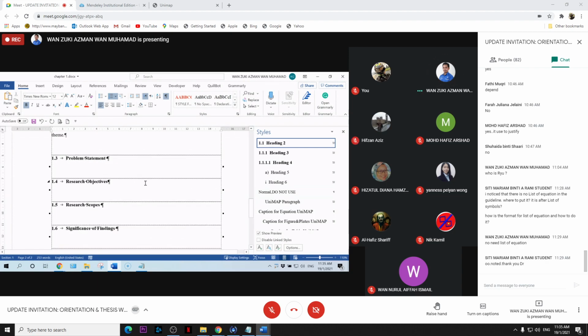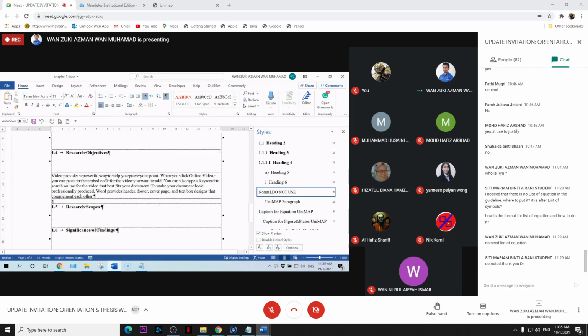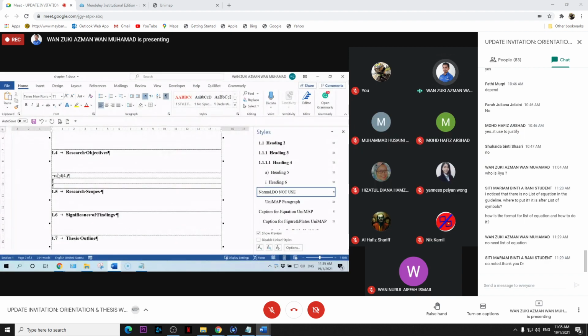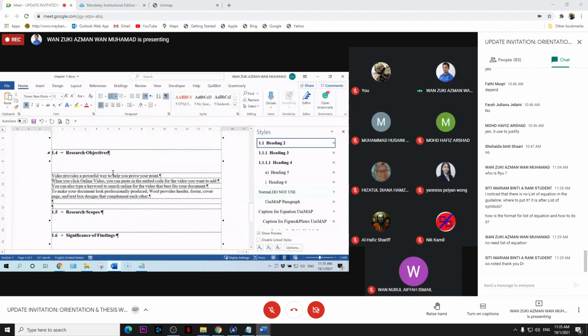For the research objective, I create the research objective here. I have four objectives.